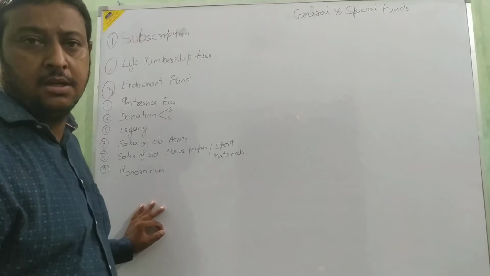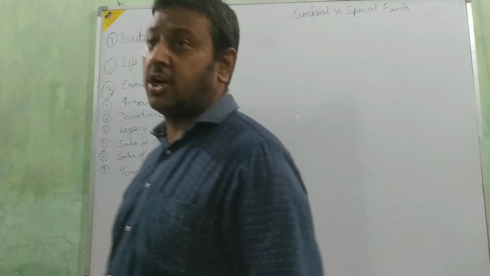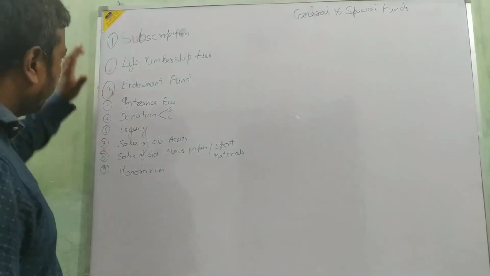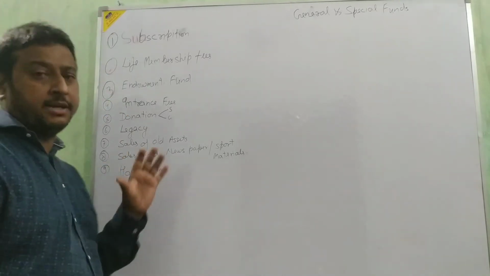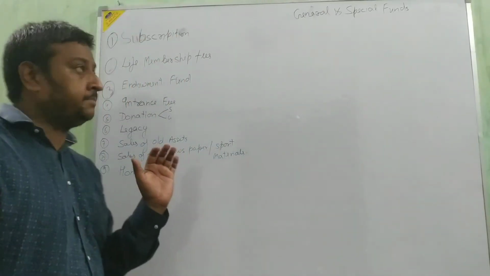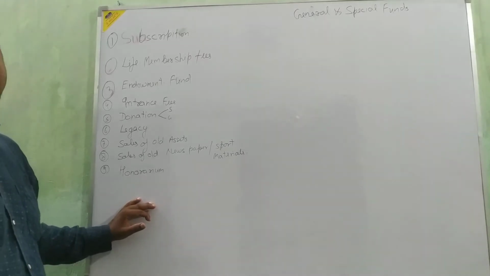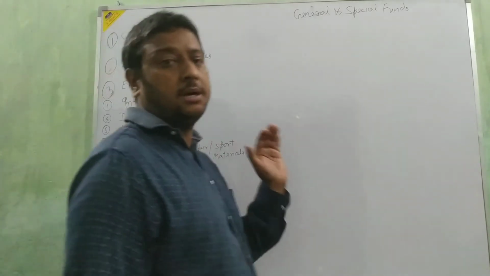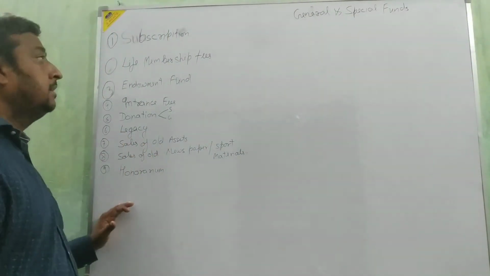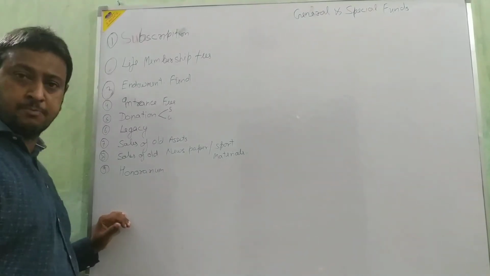If we are going to make the income and expenditure account, we have to keep some very important points in mind. These nine very important points must be kept in mind at the time of making a not-for-profit organization's income and expenditure account. Now I'm going to explain all these points.